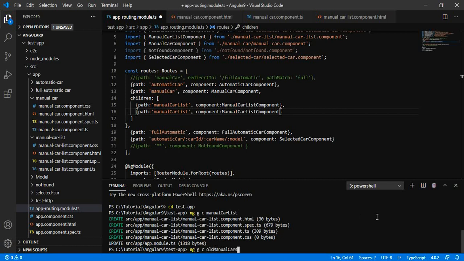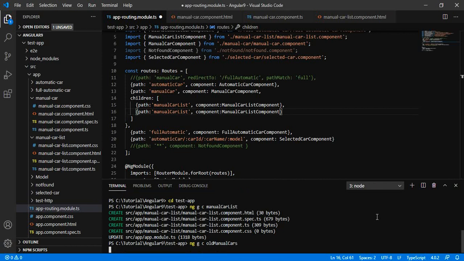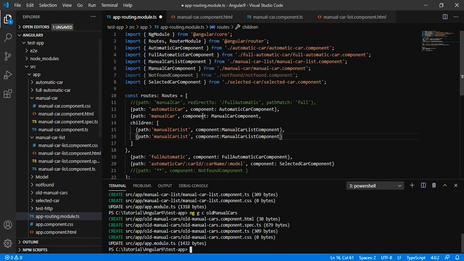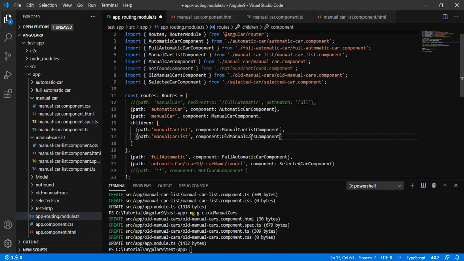Let us say it is old manual cars, and here we will give the old manual car component, old manual car list.